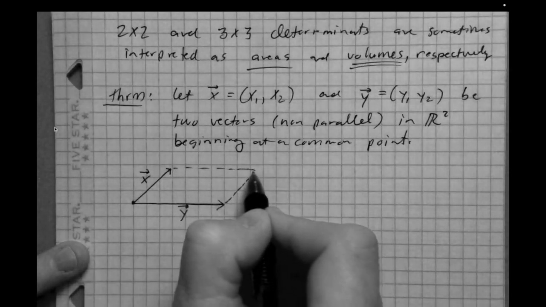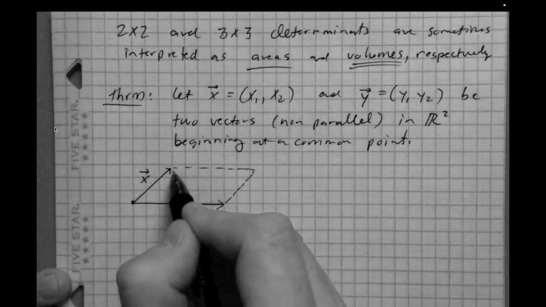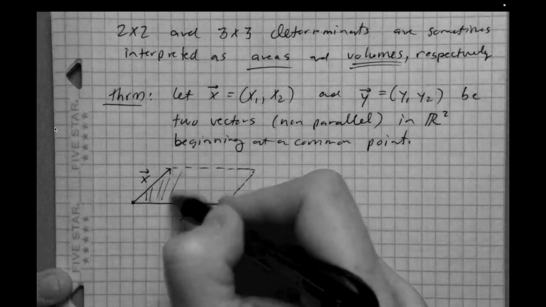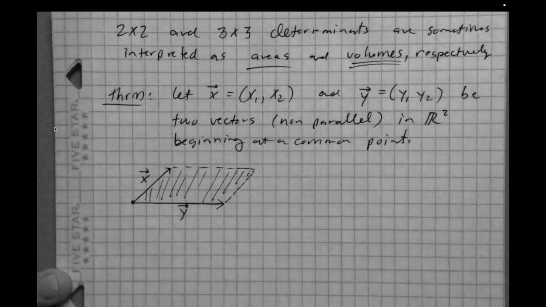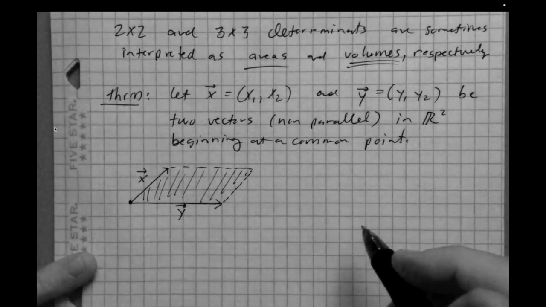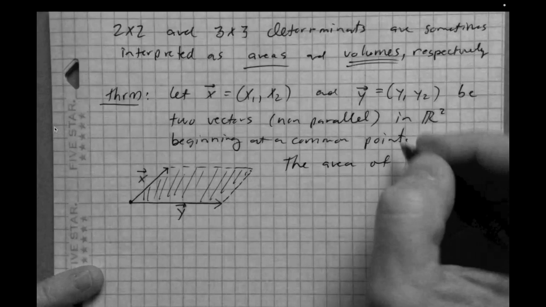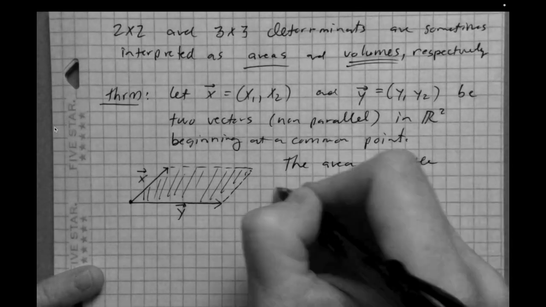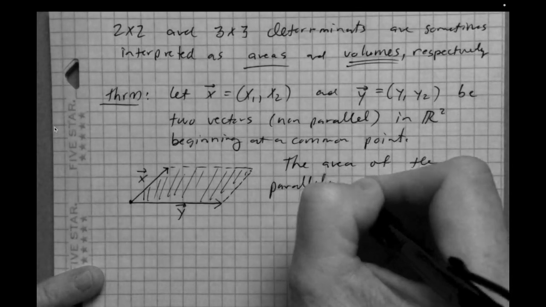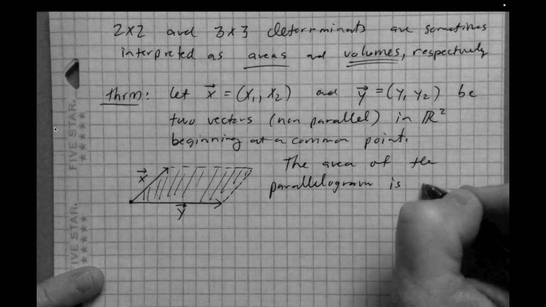So you can see a parallelogram implied here. And it turns out that the area of this parallelogram is given by the determinant of a matrix we can build off of x and y. So the area of the parallelogram is given by,